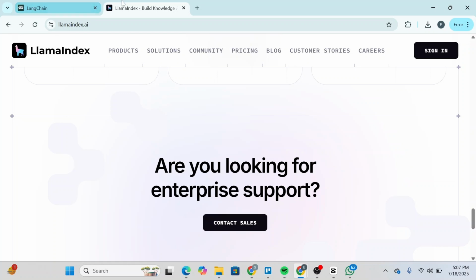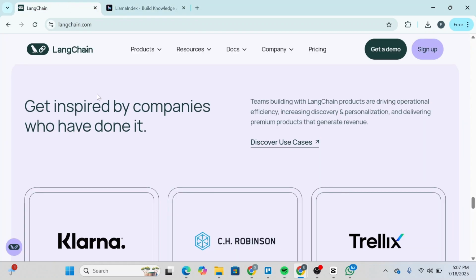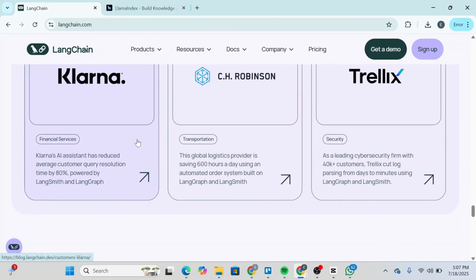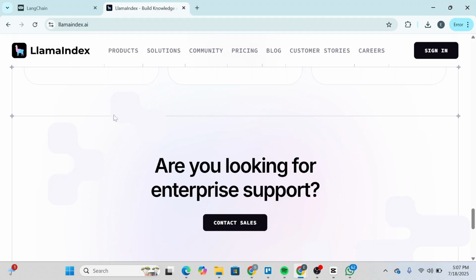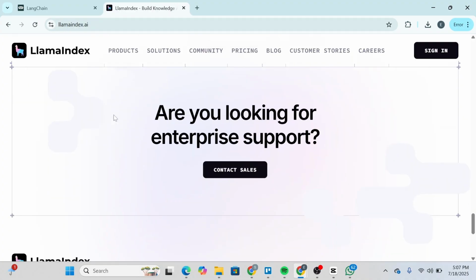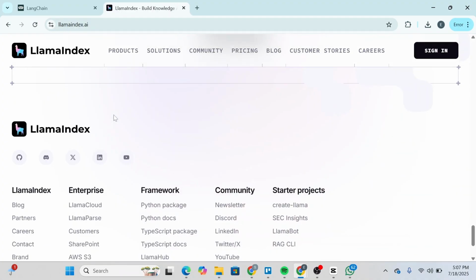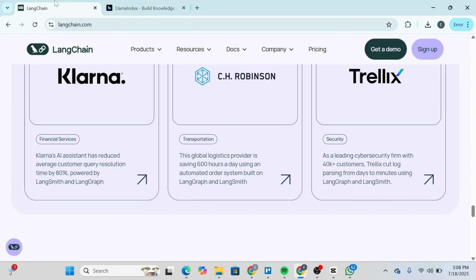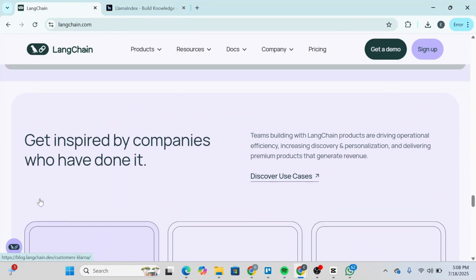So, which one should you choose? Go with LangChain if you're creating full stack AI systems, multi agent workflows, or need custom logic that spans multiple services and tools. Choose LlamaIndex if you want a streamlined, fast, and efficient way to link your data to an LLM with minimal setup. And here's a pro tip: many teams use both. LlamaIndex handles the retrieval pipeline, while LangChain orchestrates the logic, tools, and outputs.